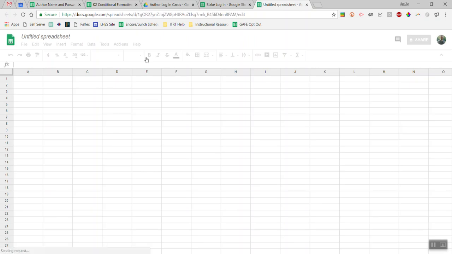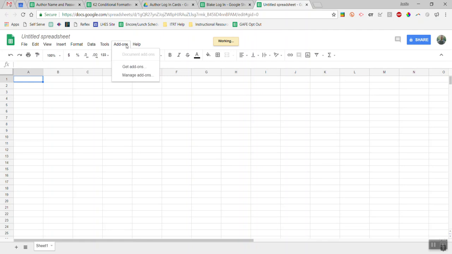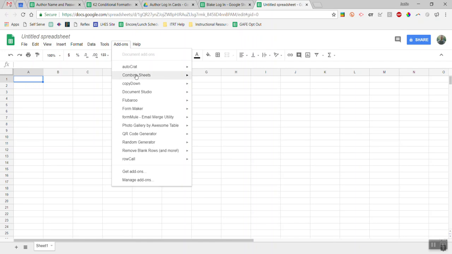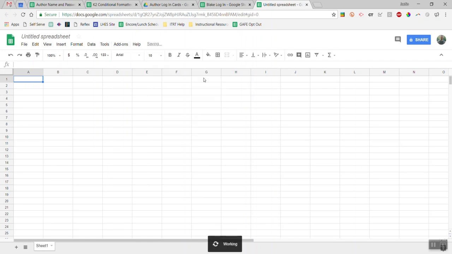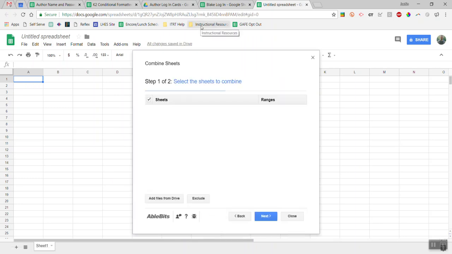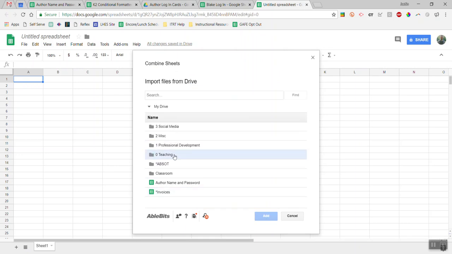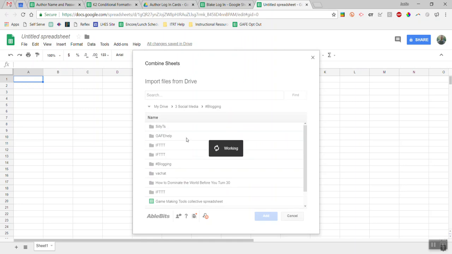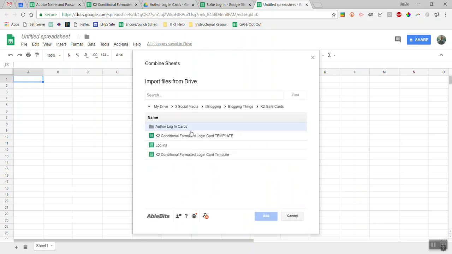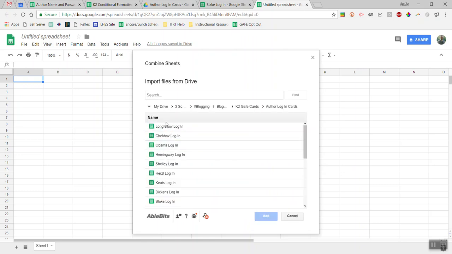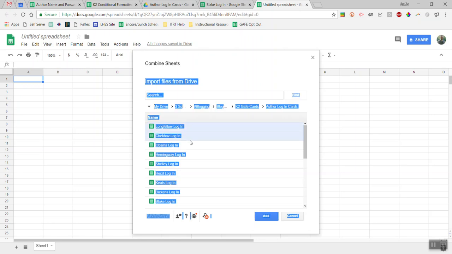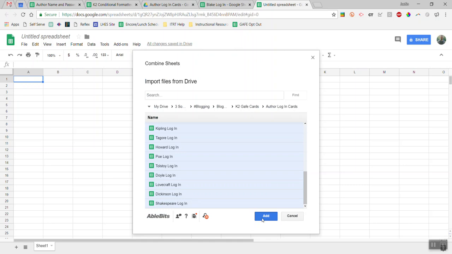And what I'm going to do is I'm going to use another add-on, and so I'll come to here. I'll use an add-on called Combine Sheets, and it does exactly what it sounds like. It's going to take all the values of various different sheets, and it's going to create them into one large sheet. So I will find the sheet that has all of the cards that I've created, so they are in here, and I will just select all of these files and add,